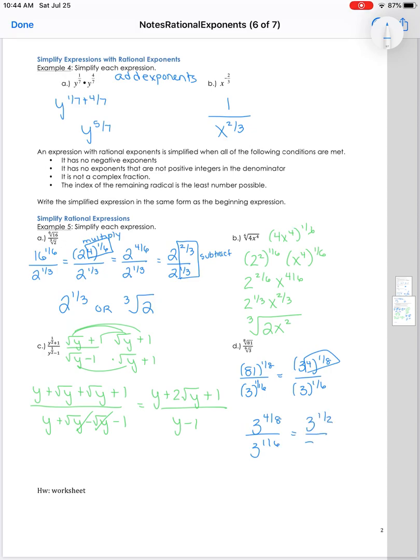All right, for D, let's rewrite. So I get 81 to the 1/8, and I get 3 to the 1/6. Well, 81 is 3 to the 4th, to the 1/8. I'm trying to get it down to have that same base, and I have 3 to the 1/6. So when I multiply these guys,